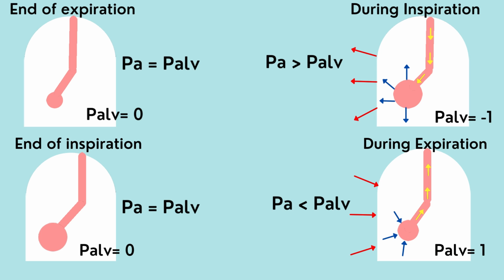So during expiration, as the chest wall contracts, the alveoli contract, the volume decreases, and the pressure increases. So now the pressure becomes higher than the atmospheric pressure, which is 0 centimeters of water, so the alveolar pressure becomes plus 1 centimeter of water. So again air flows out, because it flows according to a pressure gradient. So basically the main thing to understand was that at the end of inspiration, our alveoli, though distended, are again in equilibrium with the atmospheric pressure.